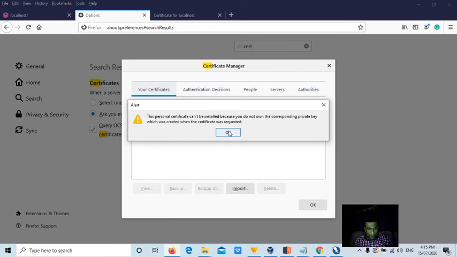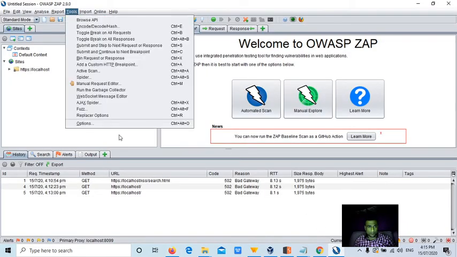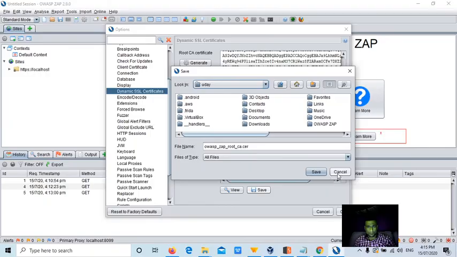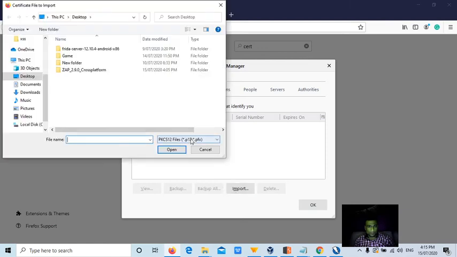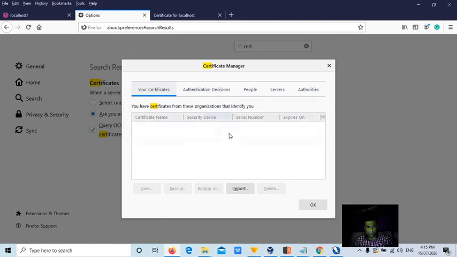The certificate can't be installed because you do not own the corresponding certificate key.